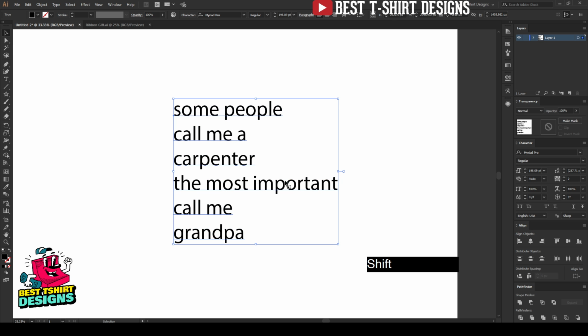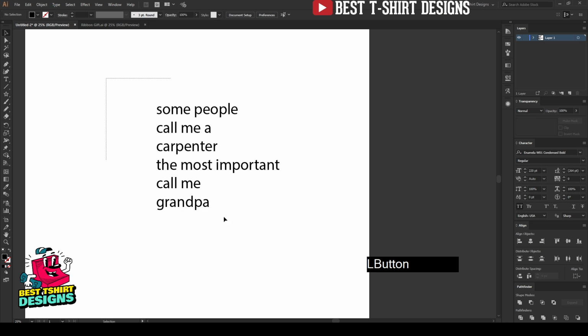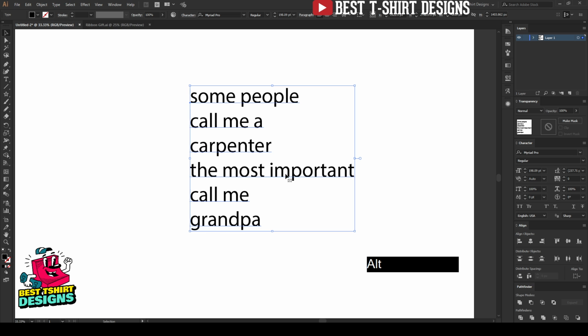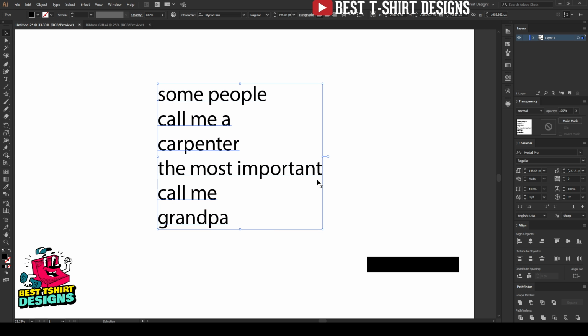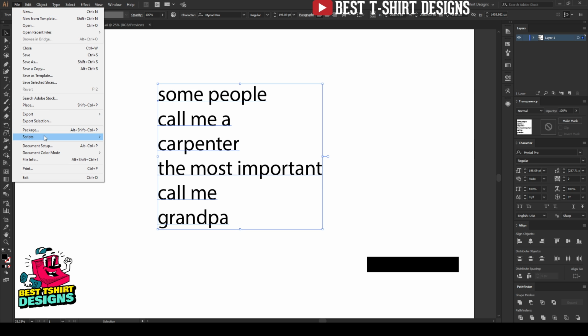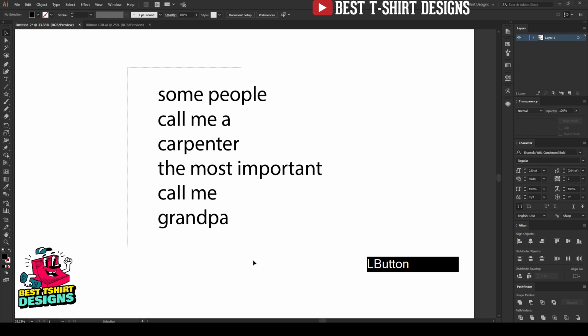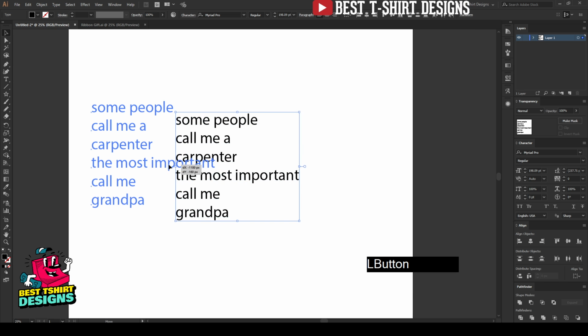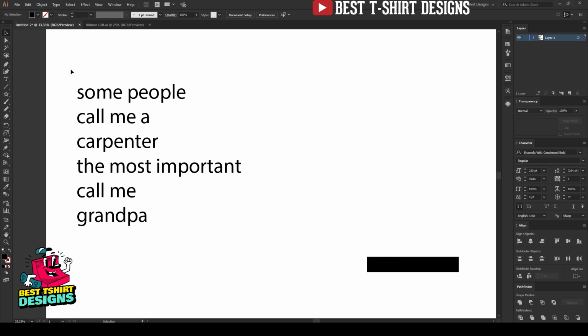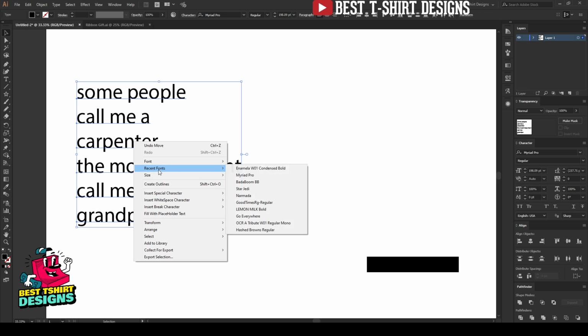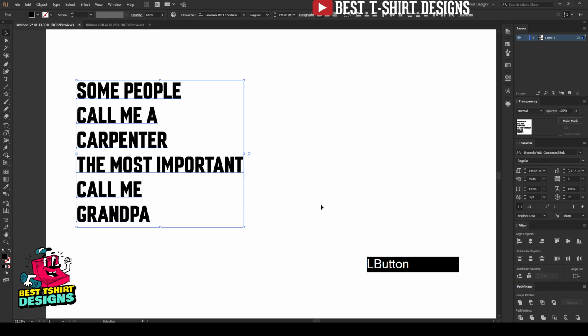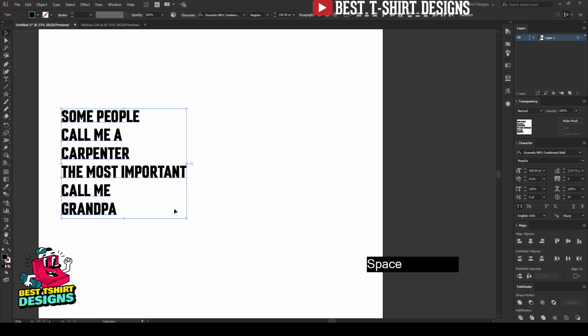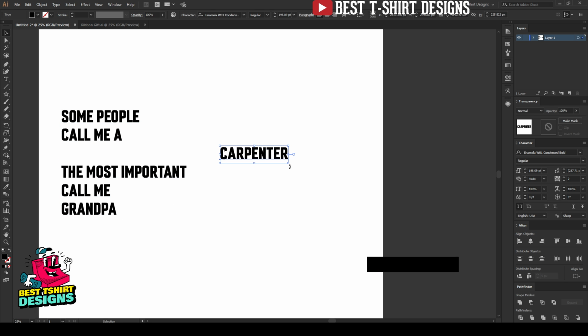Today I am going to make, as you can see, a carpenter t-shirt design. But most of the time when I am using some graphics, I get this question or comment: how to avoid copyright problems. So I am going to show you guys how to make a simple design without using any kind of external vector, and how to make a really cool design. And the most important part of this design is that it is going to be a scalable design. So keep watching, you will learn something new from here.